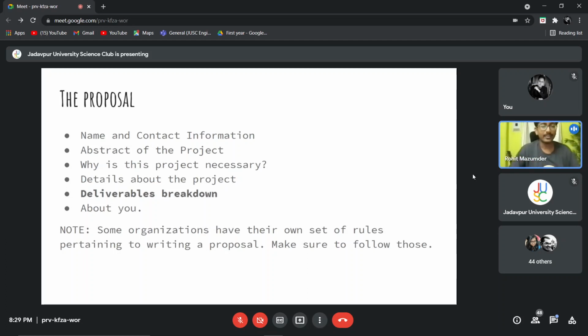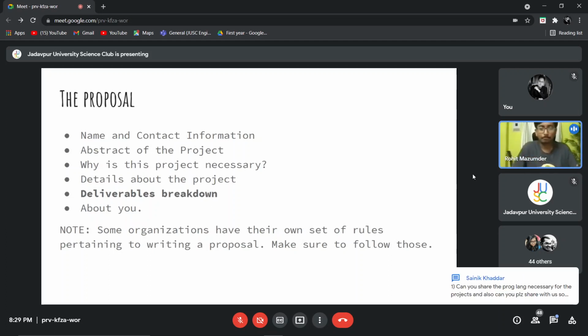The reason why this is very important is that we mentors, when we read your proposal, the only way we can know that you have skill is by reading this. We are not taking any interviews, we are not screening your resume or anything. So the only way for us to know that you actually have the skills to do this project is by looking at your deliverables breakdown. Because a person who doesn't know anything about the subject cannot give a detailed timeline about a project. Only if you know about a particular subject, only if you have the particular skills, can you write a deliverables breakdown. Okay.